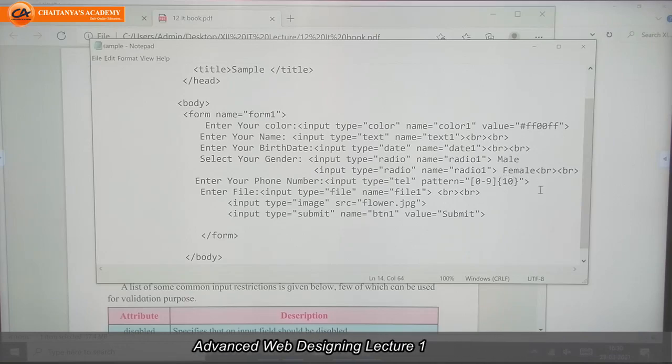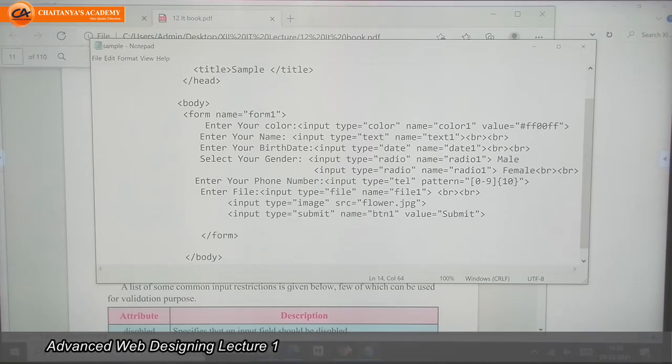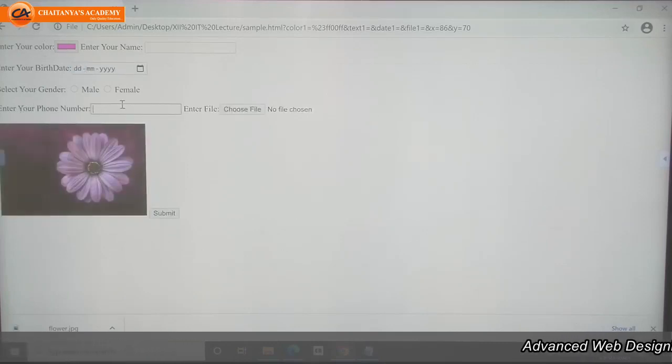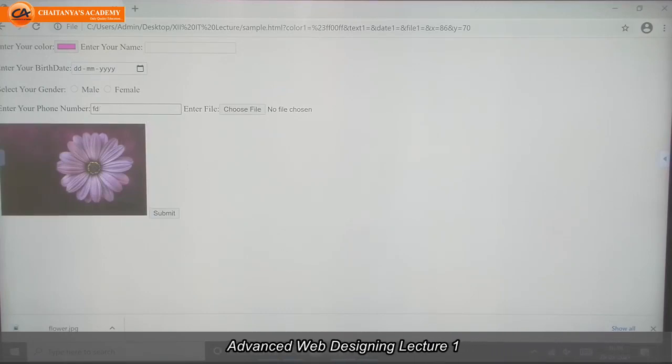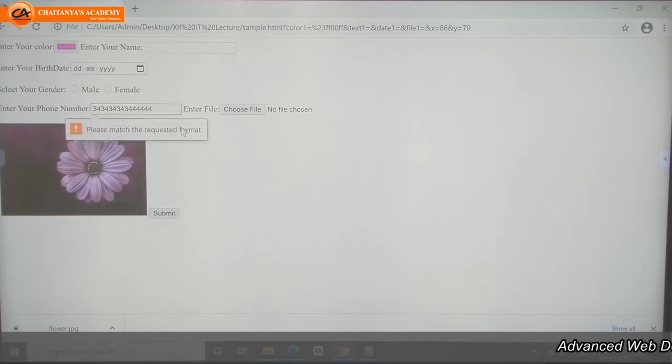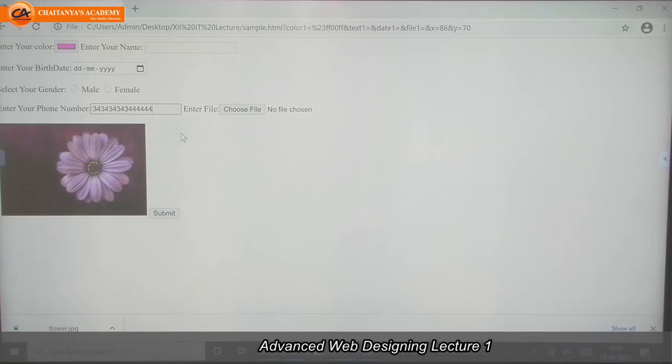So we check here. It accepts, but validation at the time of submit will give us an error. Please match the requested format.